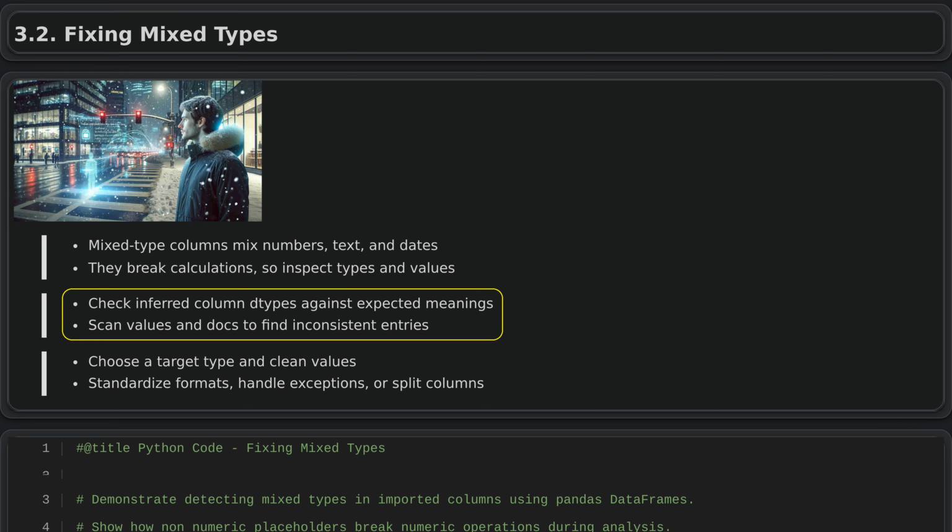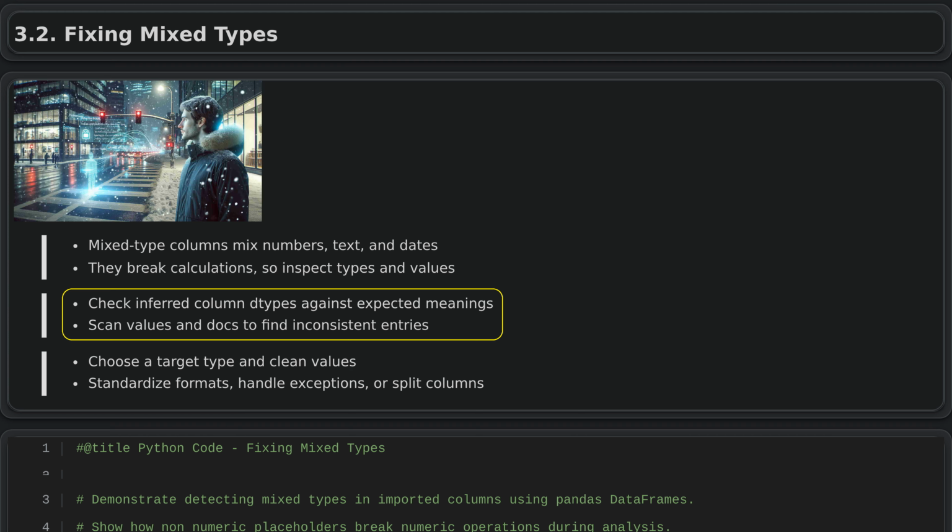When you suspect mixed data types in a dataset, first check the types assigned during import and see if they match what you expect. If a numeric column is treated as a generic type, some values are not being recognized as numbers, and if a date column is not stored as a datetime type, you may have inconsistent formats or invalid entries. This often happens in real datasets because of free text values or special markers like n/a or error. By reviewing a sample of values and comparing them with the dataset documentation, you can pinpoint which entries are causing